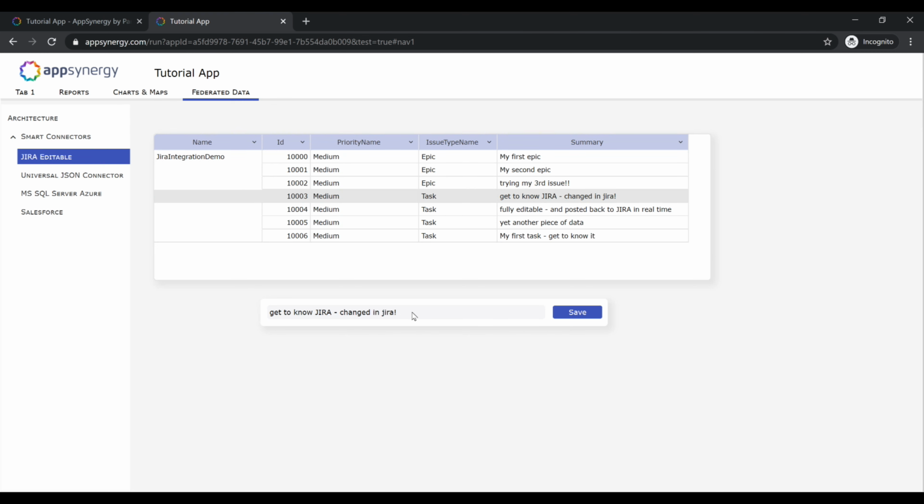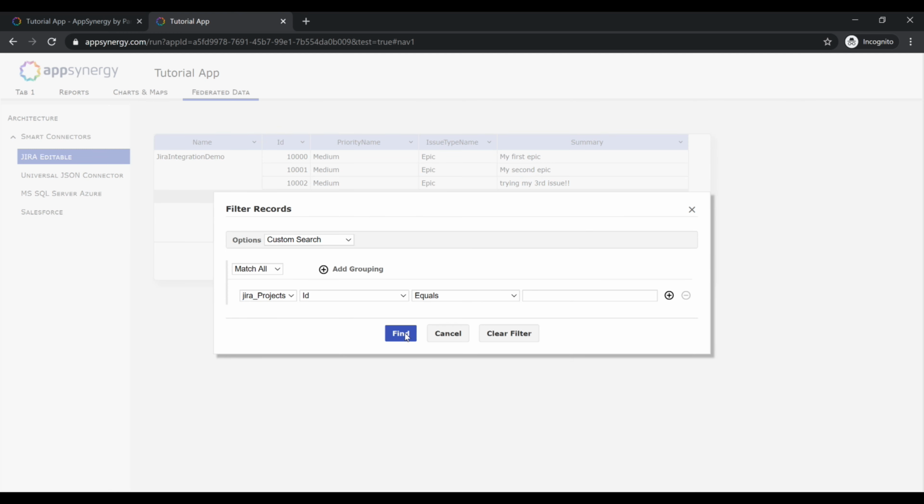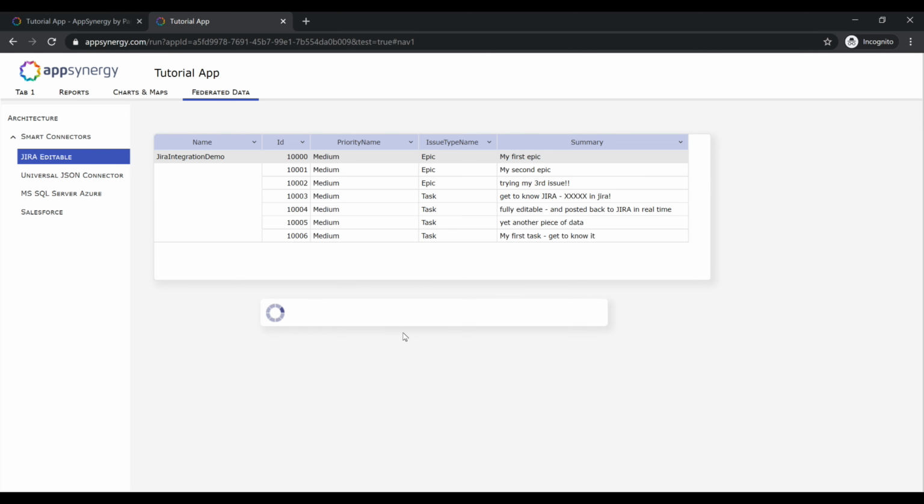We could come down, click on a particular one. This is a very, very simple UI, but we could change this here to XXX. And when we click Save, even though this is an SQL, it's getting posted back to the JIRA API. If we were to look at it in JIRA, we would see that that says now XXX, and the next time we pull it up here, we can see that it's XXX. So even though no direct database access,